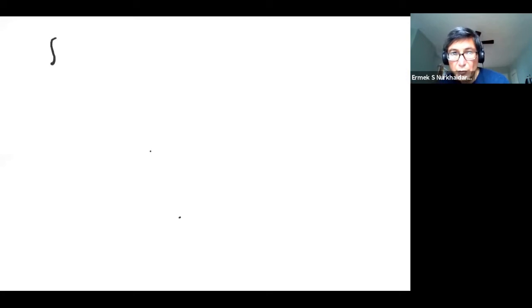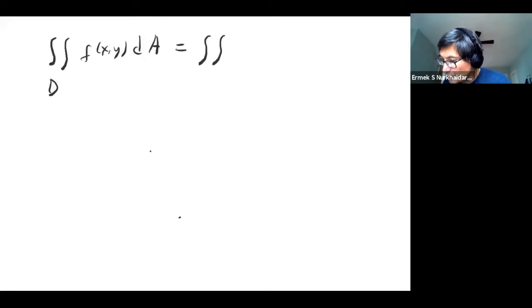I'll write down an example on a double integral. So if you have double integral f of x, y, dA, and we have some region D here. And if we want to switch to the integral in terms of u and v, then the price to pay is going to be Jacobian,